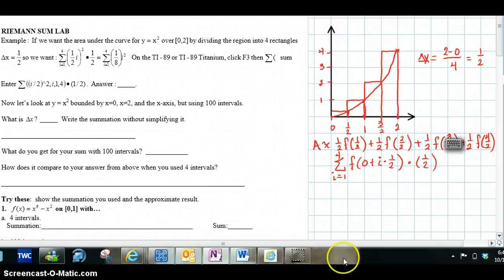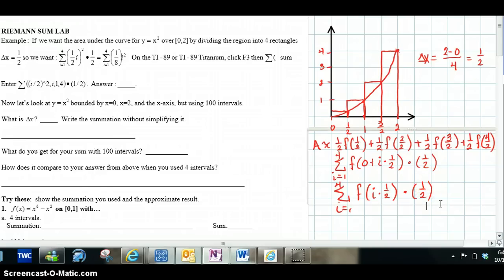To simplify this formula, we have the summation i equal 1 to 4, f of i times 1/2, multiplied by each width, which is 1/2. By substituting this into our calculator, we use F3, then the summation formula. We would do the summation,